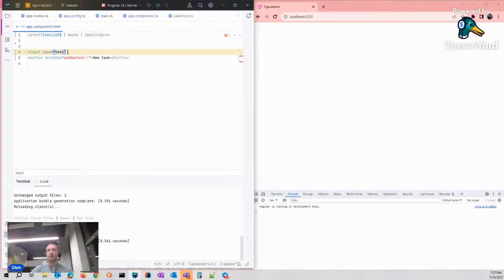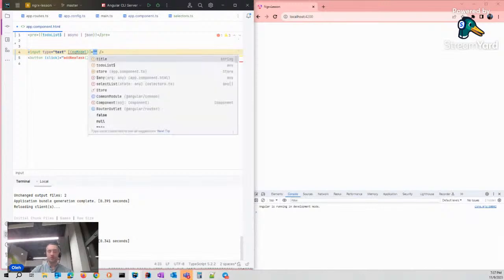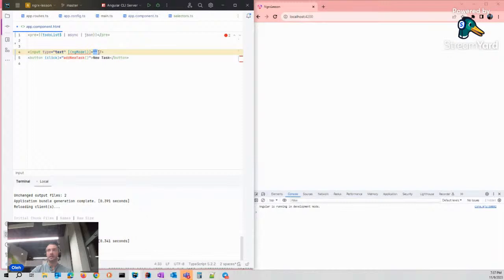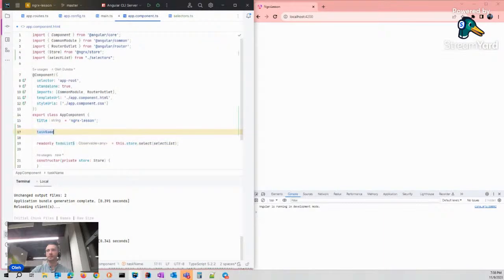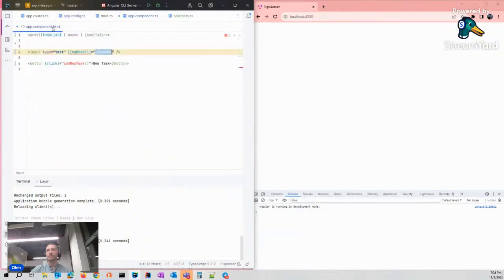Type text. To get the name of this new task. Task name. Task name field should be here. Add new task